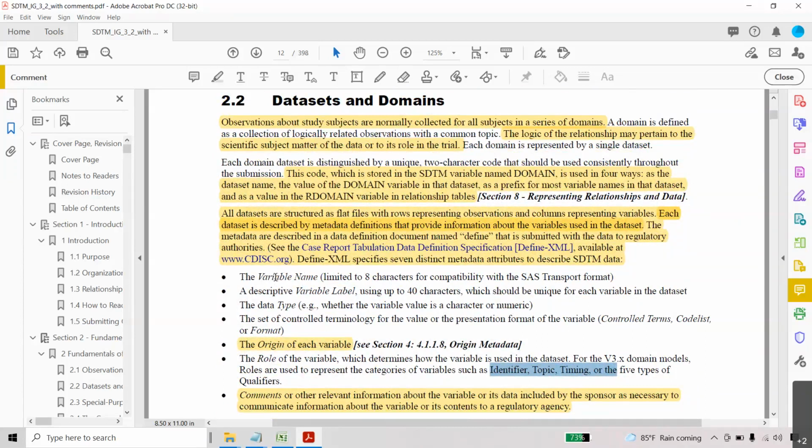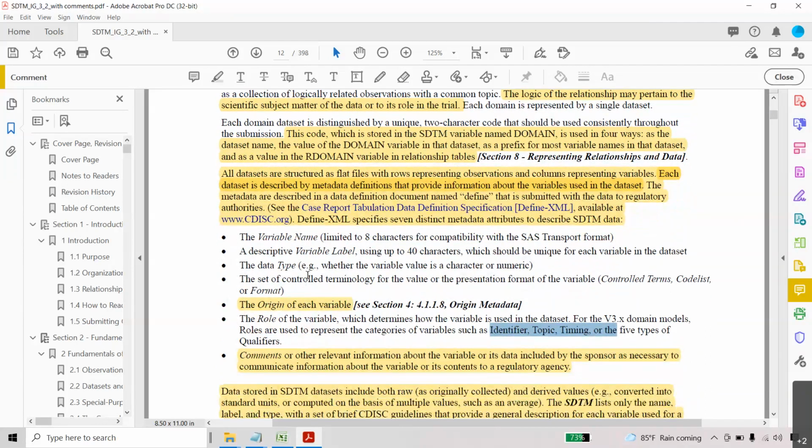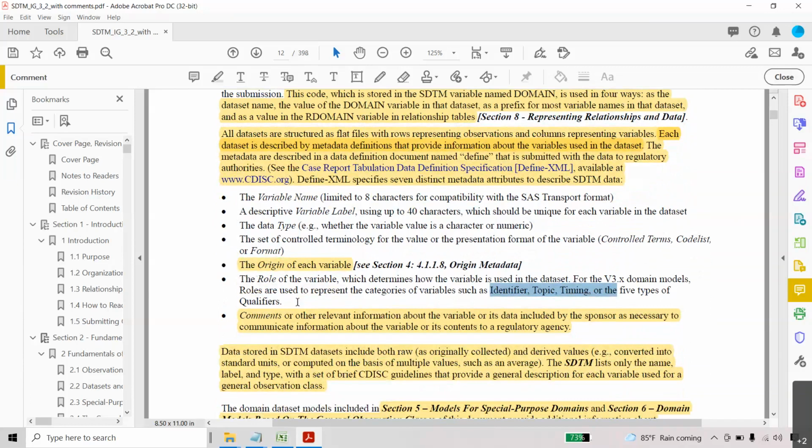Each variable has its own history: a name of up to 8 characters, a label of up to 40 characters, and it might be numeric or character type. Every variable has controlled terminology or a specific codelist based on the requirement, and every variable can be originated directly, indirectly, or derived. That variable can be identified by identifier type, topic, timing, or qualifier.